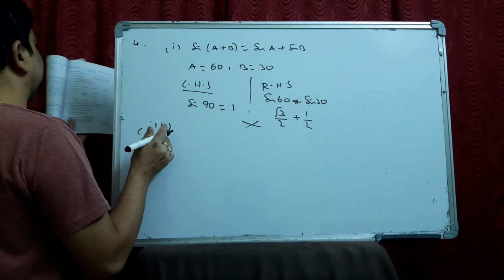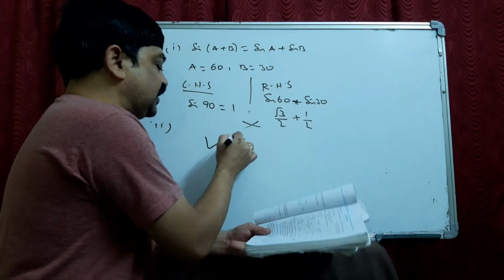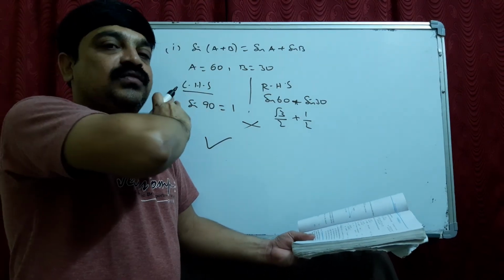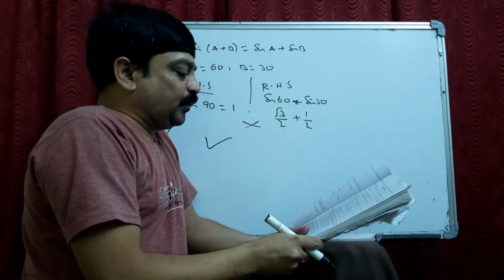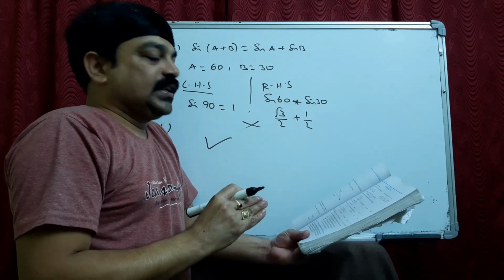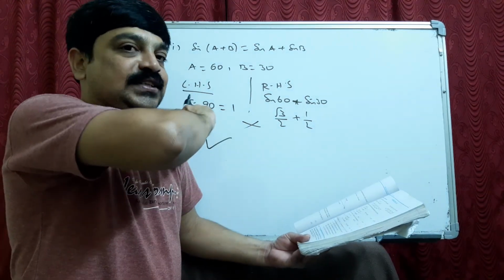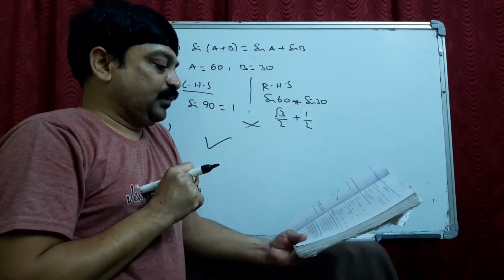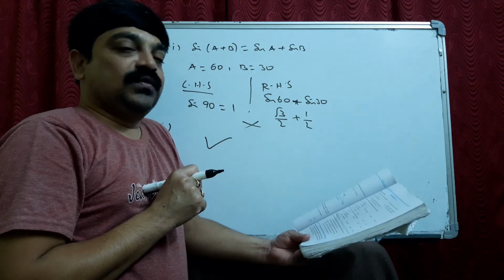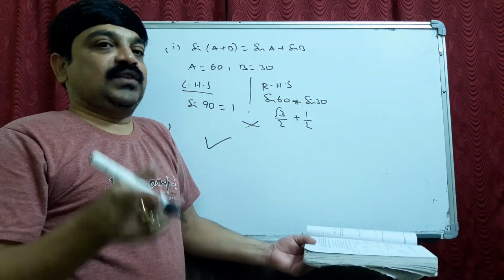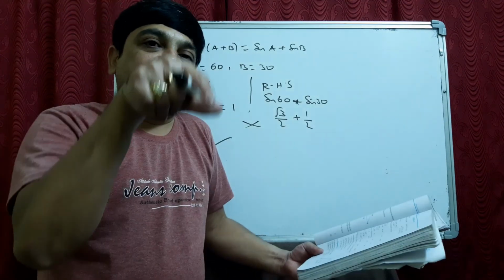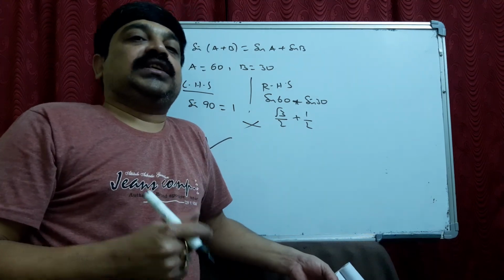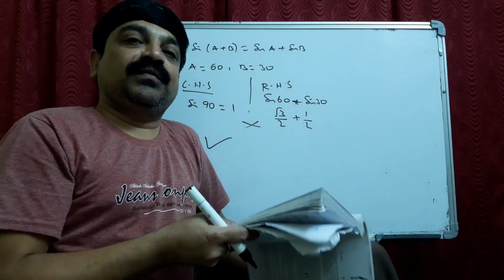Second one, the value of sin theta increases as theta increases. It is true. If you see the table, from 0 to 90 degrees, it goes from 0 to 1. It increases. It is true. Third one, the value of cos theta increases as theta increases. No, it is false. Cos theta decreases from 0 degrees, it starts from 1 and ends with 0. So the third one is false. Sin theta is equal to cos theta for all values of theta, which is false. It won't be. It is equal only when theta is 45 degrees, if you see the table. Now cot A is not defined for 0 degrees. Yes, because tan A is 0, so cot A will not be defined for 0 degrees.